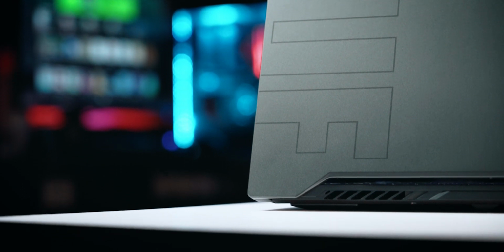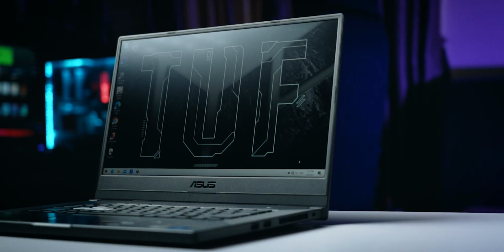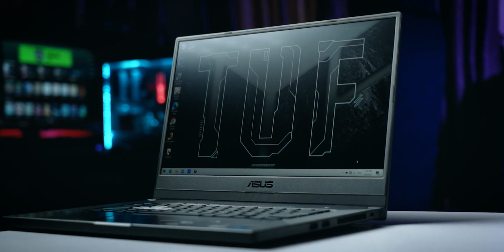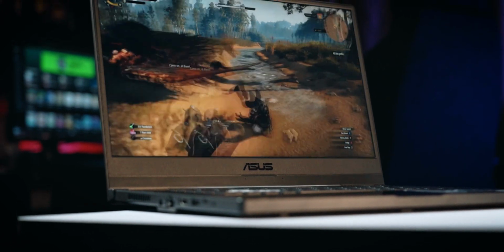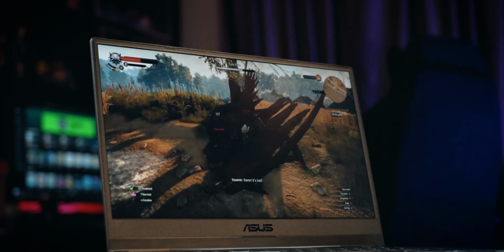So the big question is, is the Asus TUF Dash F15 worth it? Well, starting from only 4,699 ringgit for the Malaysian market, you really cannot go wrong with this gaming laptop. This is especially the case if you want the best gaming performance at this price point in a slim, lightweight